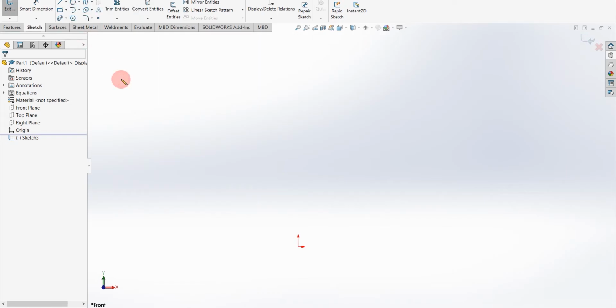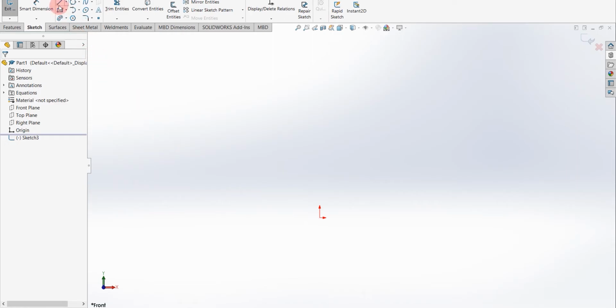Because when we are fully defining our sketch, we have to give the distance or relation of every line or curve from the origin. So it will be easy for you to include the origin in your drawing as the end point or starting point of the drawing. I will explain that later when I show you one example of 2D sketching.